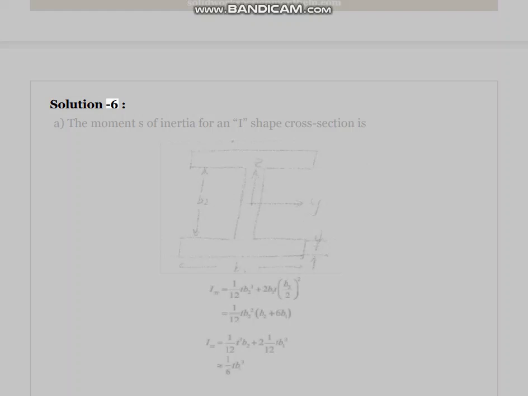Solution 6. A. The moment of inertia for an I-shaped cross-section is